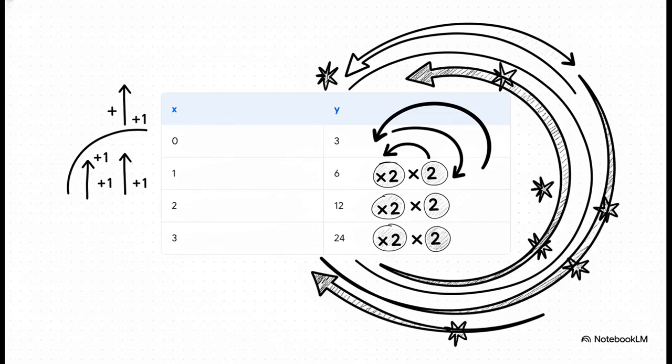They definitely aren't going up by a set additive amount. From 3 to 6 is a difference of 3, but from 12 to 24, that's a difference of 12. Instead, they're being multiplied. 3 times 2 is 6, 6 times 2 is 12, 12 times 2 is 24. The second you see that constant multiplication happening in your outputs, you instantly know you are looking at an exponential